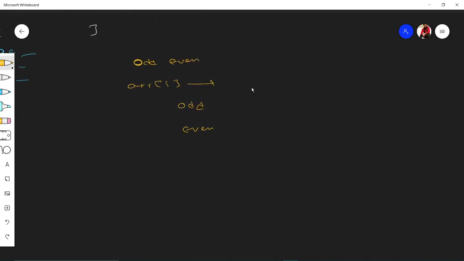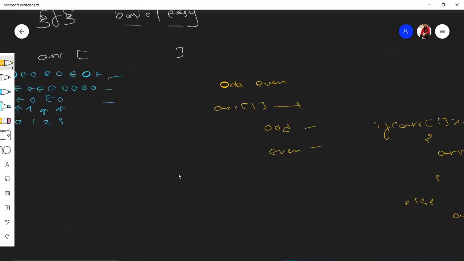You collect all the odd and even elements by using the same old trick which we were taught in 11th, 12th and the first year: if the element mod 2 is equal to 0, then collect it in some array, array even. Else, if not, then collect it into array odd. So this is the thing.